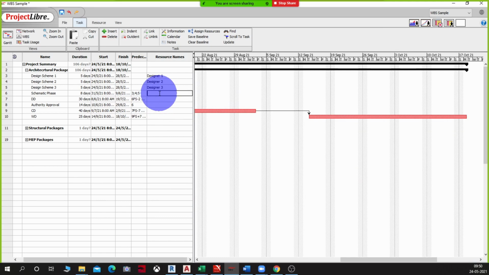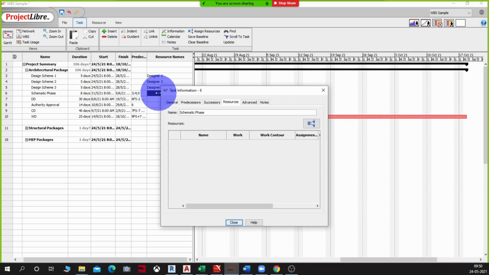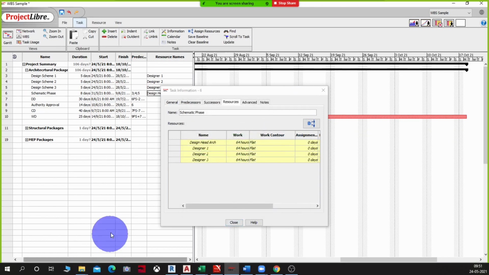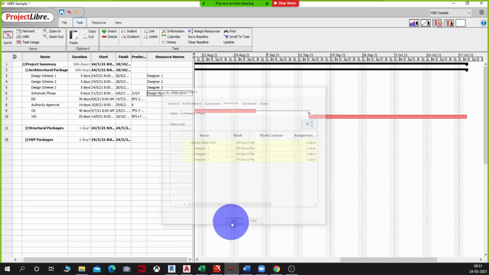The next one, in schematic phase, I'm going to involve all these 3 people along with the head of design. So I'm going to come to this. I will assign design head and all the 3 designers to this task of schematic design. Okay, and I'm going to say close.